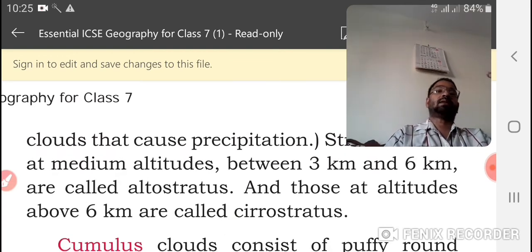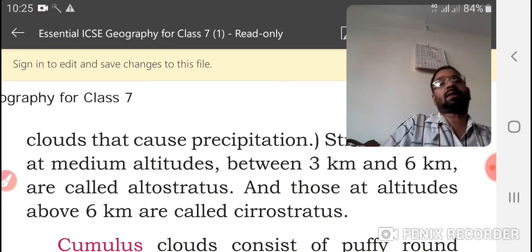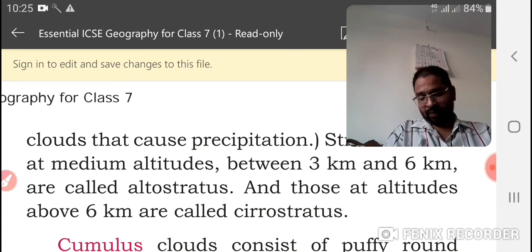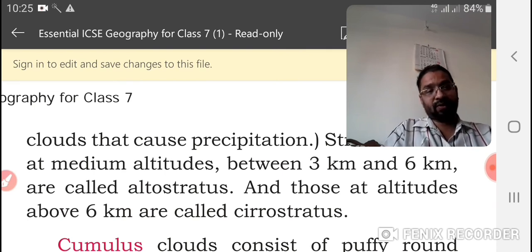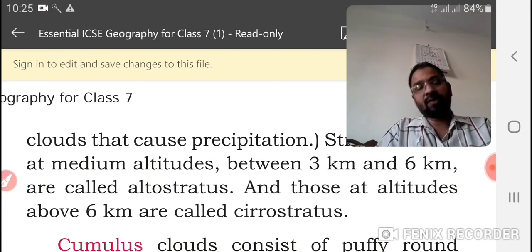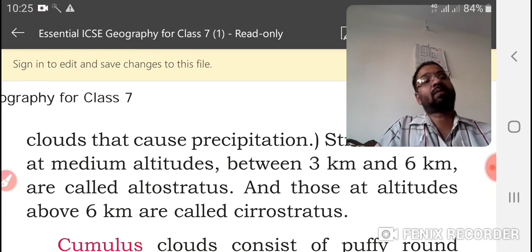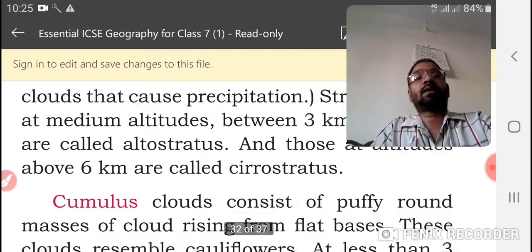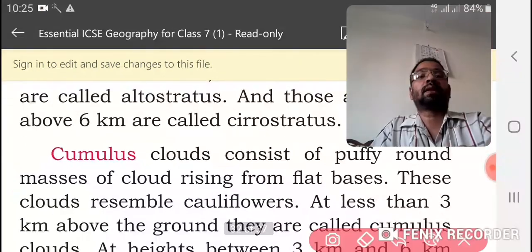Less than 3 kilometers is nimbostratus. So three types of stratus clouds are there: nimbostratus, altostratus, and cirrostratus. Okay, and now we are going to another category.